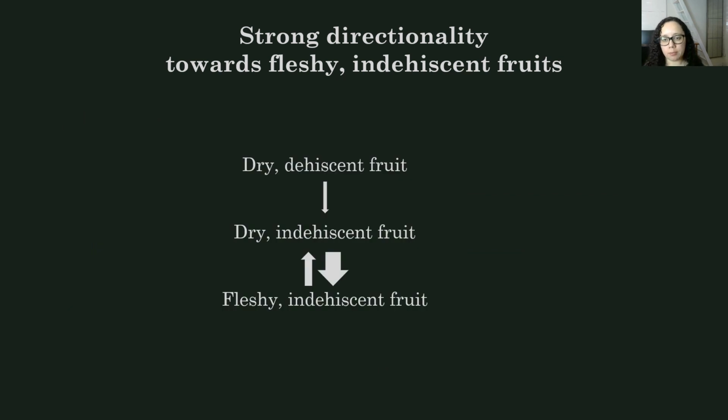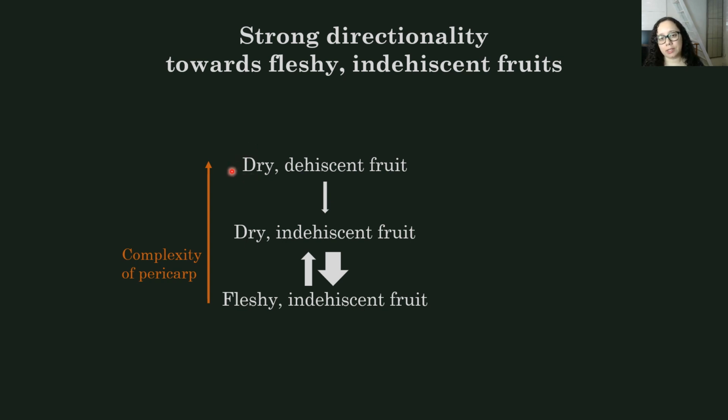Lastly, to bring back the proposition that Roth had, and now translating the arrow thickness to show the results we saw for Oleaceae, I wanted to bring two things that could maybe help us understand why we see such a strong directionality and only reversal towards one of the states. So the first thing to consider is that the complexity of the pericarp is much smaller in a fleshy fruit when you compare it to a dry one.